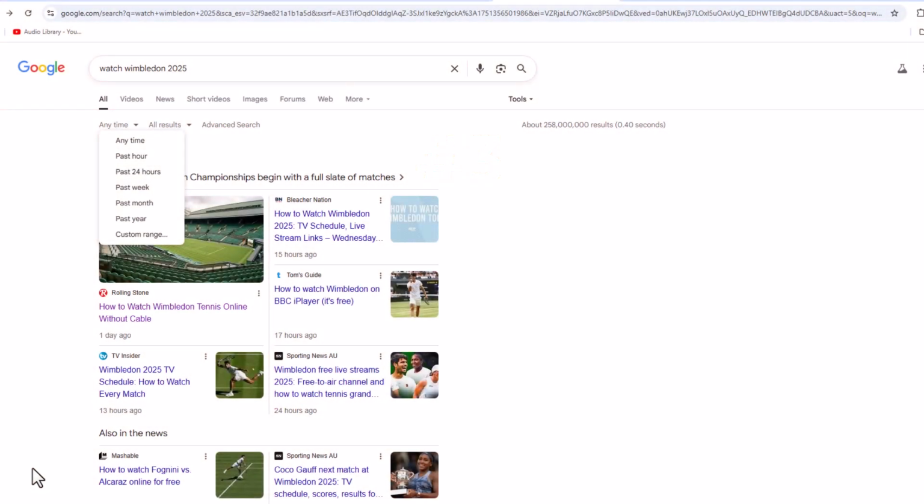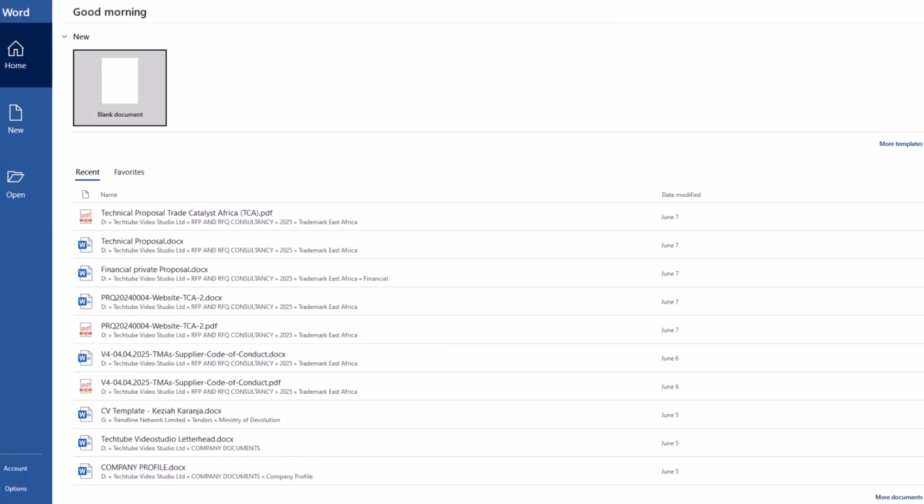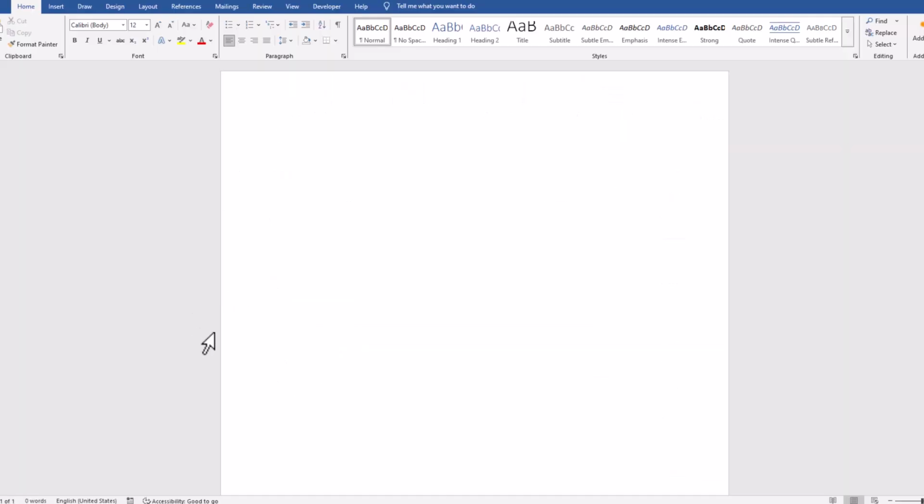The last way that you can take a screenshot on Windows is very hidden, so you need to have Microsoft Word installed on your machine. So I'll open Microsoft Word, as you can see here, a blank document. Then from here now you can take a screenshot using Microsoft Word. So how do you do this? To take a screenshot using Microsoft Word,